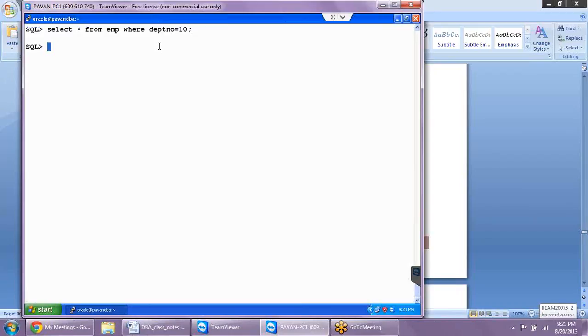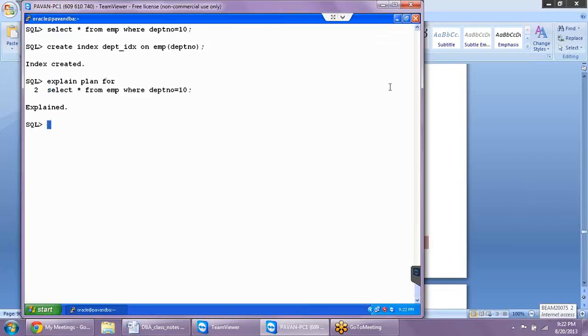If the application team is strictly saying that we want the column as DPT number only, then what do we need to do? We need to go and create a new index on DPT number. So for example, we have the syntax for creating an index. Let's say I'm creating a new index like this. I'm creating an index with the name DEPT IDX on EMP number and on the column DEPT number. And now if I say explain plan for this particular select query,